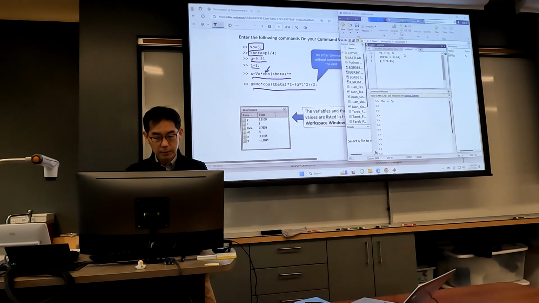So if you use this percentage symbol, anything you type followed by the percentage is just a comment. So it's not recognized as any command. So I can type any explanation, for example, this is meter per second. And then I just write down this is radian. I just want to comment what is the unit of my variable. Okay, this is meter per second,